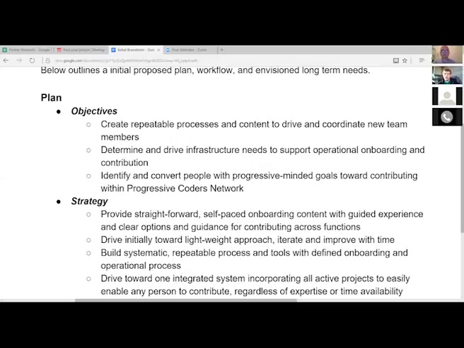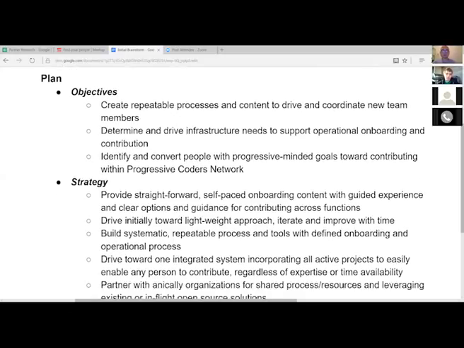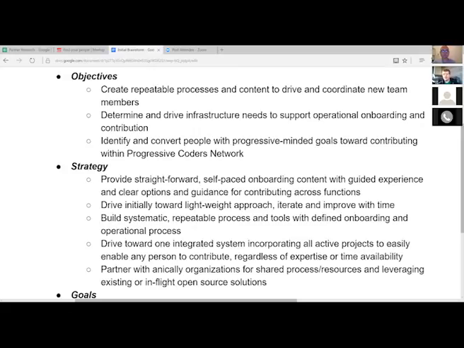And then finally, partner with ancillary organizations, whether that's different online organizations or different in-person organizations, but there's just so many people and so many groups with the same exact goals that we all share. How do we work most effectively with them? How do we make sure that we're reaching out to them and having the same sort of team members across so that we're contributing together and working toward building the same goals and same tools that are utilized across different organizations.